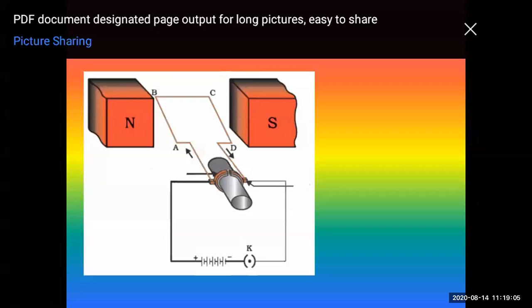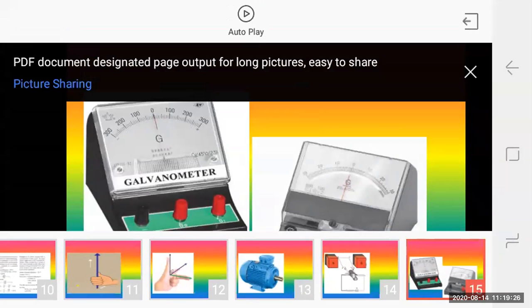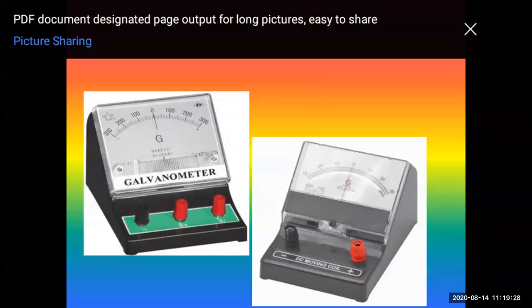Electromagnetic induction, who discovered it? The person who discovered it was Michael Faraday in the year 1831, and then independently even Joseph Henry in 1830. So that is the short information about electromagnetic induction. Then the next topic is about the galvanometer. Actually, this is not there in your portion. It has been reduced in the 25% portion, but still I will give you a little information about the galvanometer.